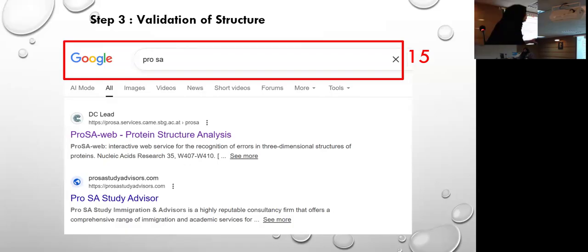You can perform the same experiment, the docking experiment, using different servers. But what will you do? Will you use all? Why? You will check what is good for you. Do you have enough resources to buy Schrödinger? Then use Schrödinger.